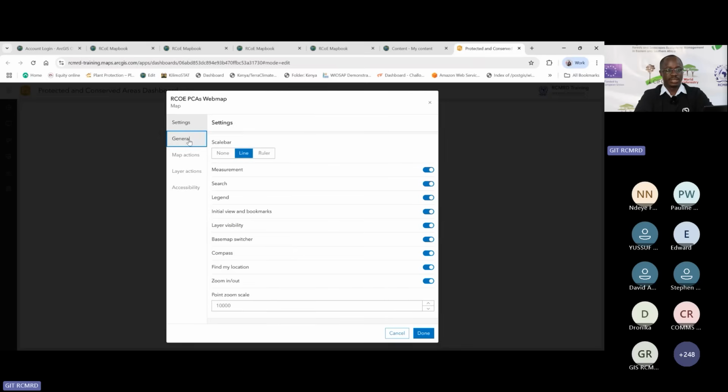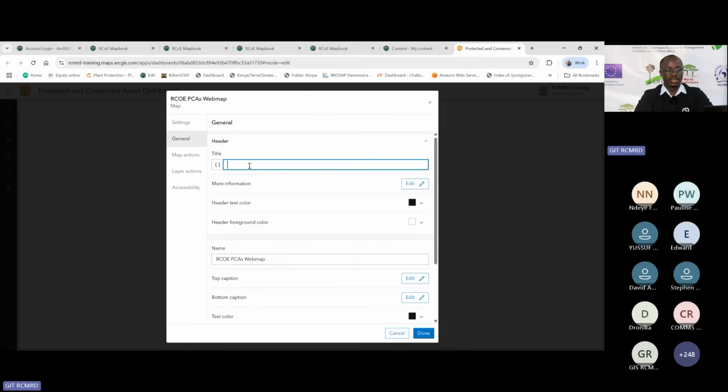Then when you come to general, it'll give your map a title. So this is the title of your web map, not the one you used to save, but this is the title of your web map within the dashboard ecosystem. So I'll just give it the name. It's called RCoE